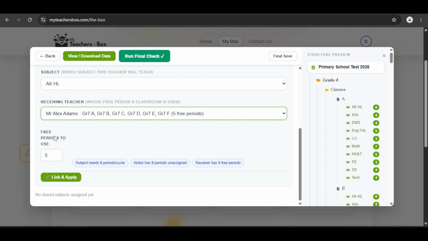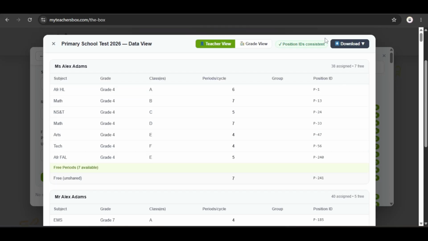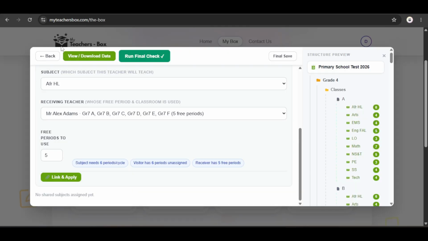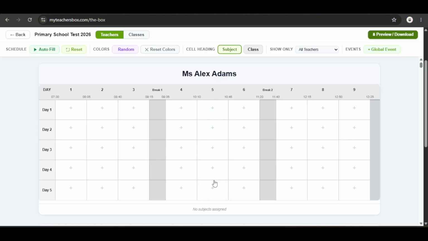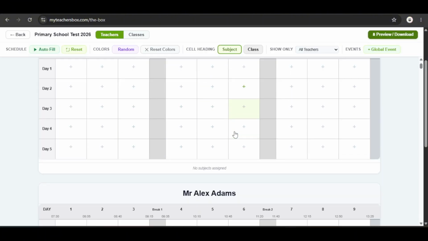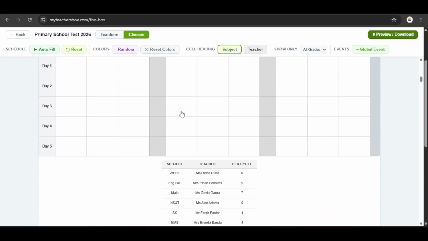After selecting the teacher, I can choose how many free periods will be used from that teacher. I can then link and apply the changes. I can now review my data, download it, and run the final check. The final check ensures that I haven't made any mistakes and confirms whether I am ready to proceed to the editor. Once you arrive in the editor, you will notice that it has already created every teacher's timetable and every